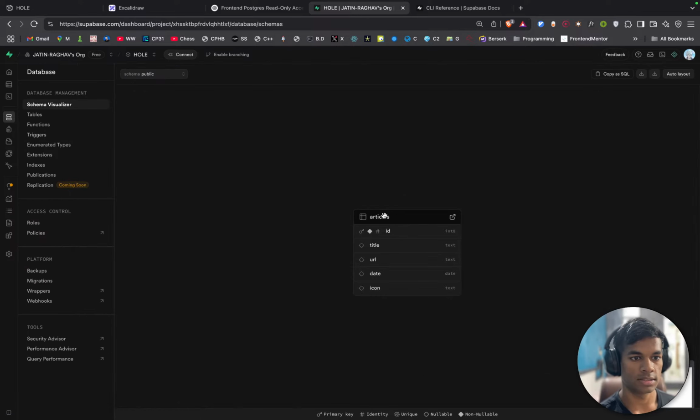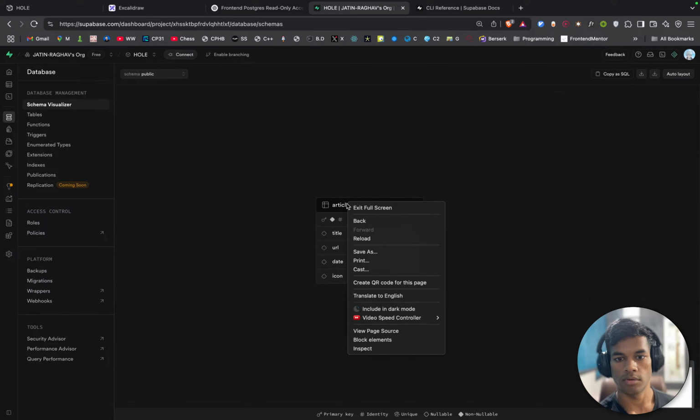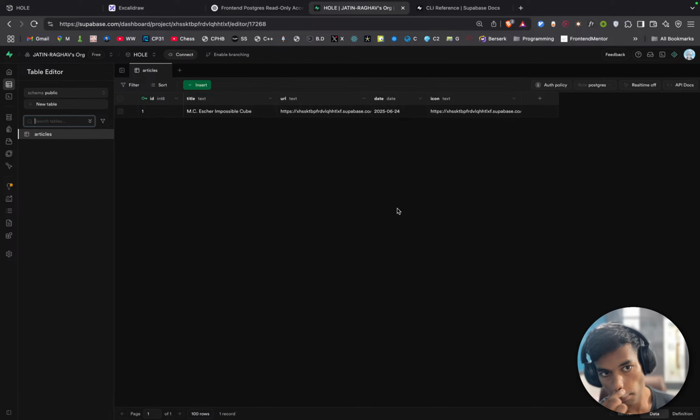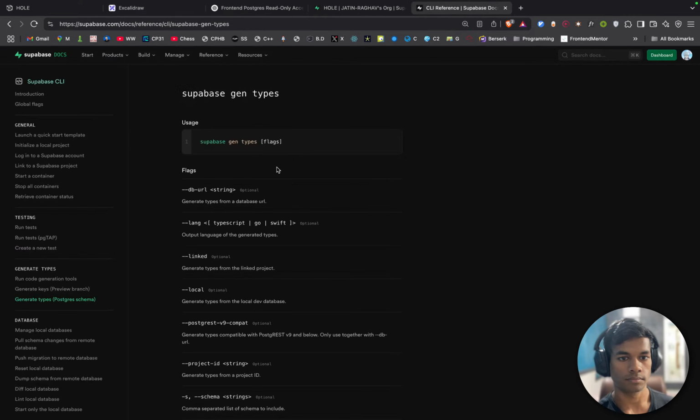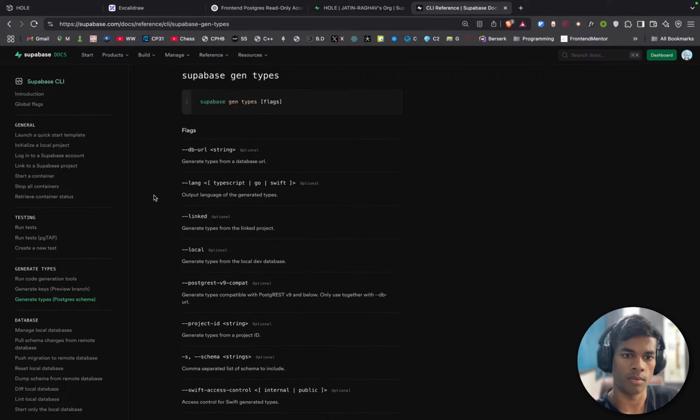Database types. How do I create the types for this thing? So supabase gen types and then the flags. Okay, generate types from a database URL. What is the URL for a database?